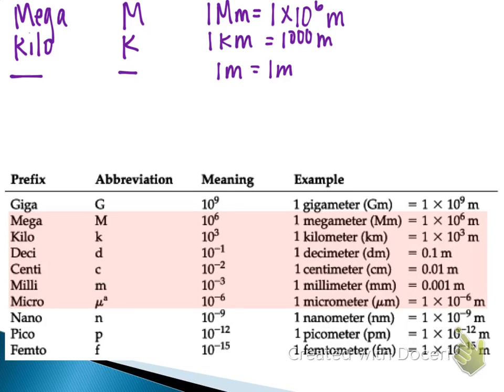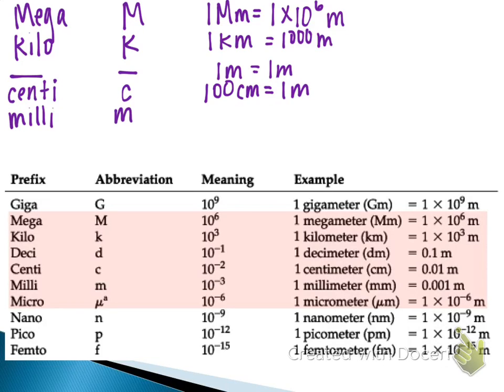So now I'm going to go down a little bit. I'm going to leave off deci because we don't use deci that often. I'm going to go to centi, and it's a lowercase c. And so the way that it writes now, if I'm keeping meters on the right-hand side, I would say there's 100 centimeters in 1 meter. So you see how there's a flip from the larger unit being on the left to the larger unit being on the right. Okay? So now I would go to milli,